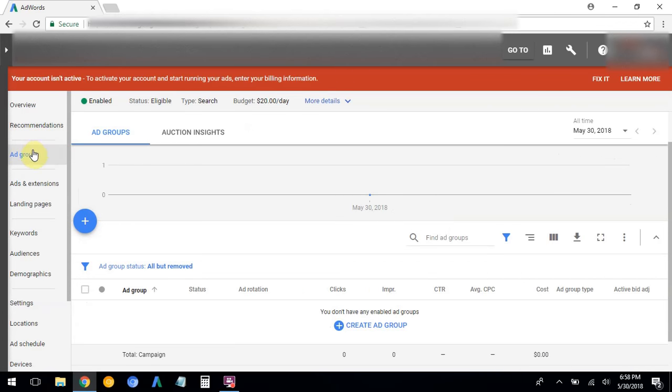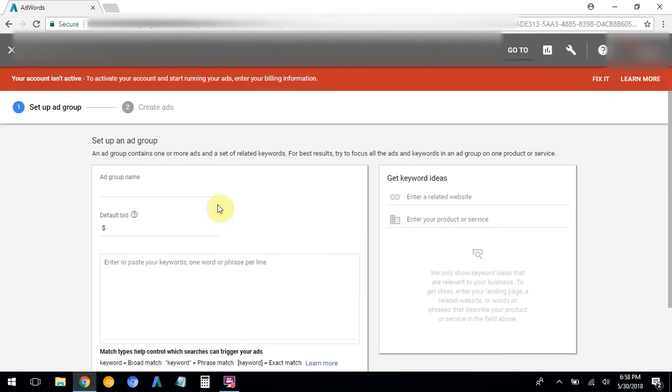So now we can go to, see we're in the ad groups tab right here. So we press plus, and if we want our ad group to be named barbecue restaurant near me, maybe that's one of your ad groups. I like to name ad groups very closely to my keywords, and that's because if you have your ad group lining up with your keyword, lining up with your ad text, it helps your quality score. Default bid, I'm going to put $1, and for keywords I'm going to put